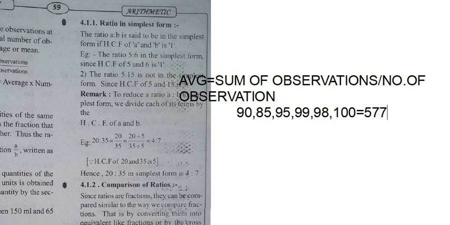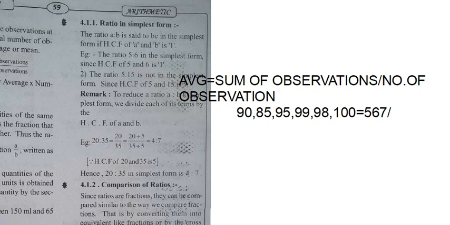Okay. 67 plus 33 is 100. Sure. So this is the average with the sum of the observations: whatever the individual marks are, you just add all these marks, that is the sum of the observations. And the next step is by number of observations. Number of observations means how many observations there are, just count that.